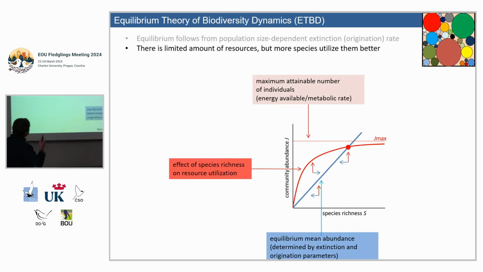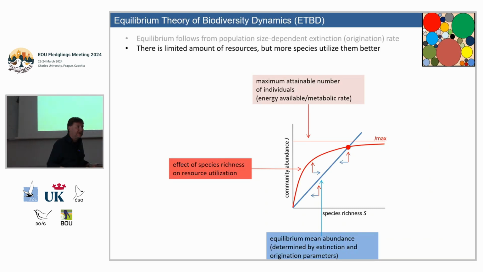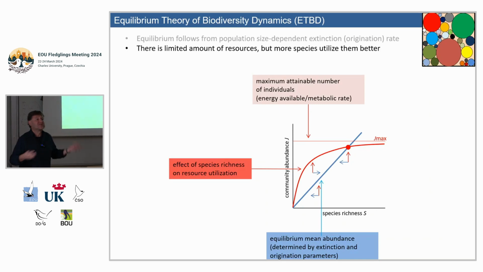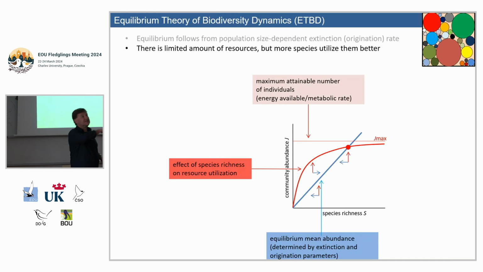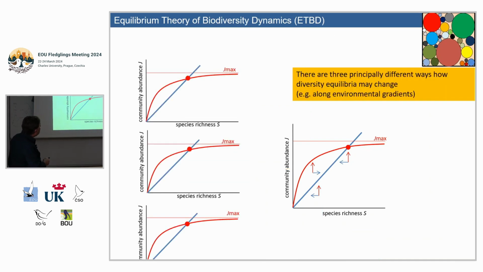One is this maximum attainable number of individuals, which is given by productivity. The second is the shape of this curve, which determines how species utilize their resources. So if there are different sets of species with different abilities to utilize resources, the curve would look different. For example, the curve would look different for carnivorous species than for herbivorous and so on. And the third is the equilibrium mean abundance,